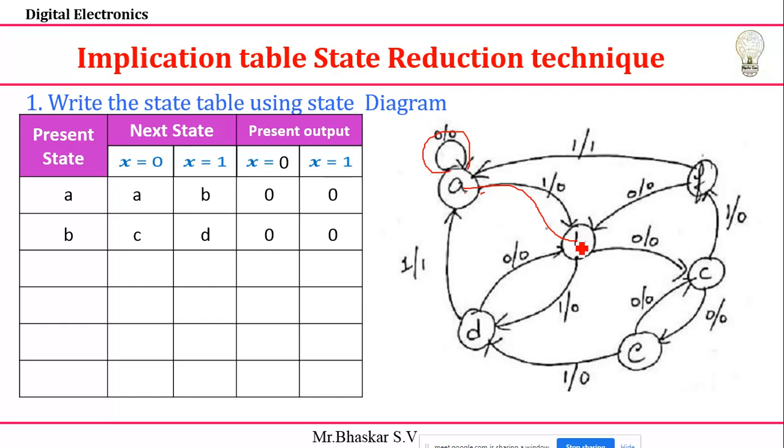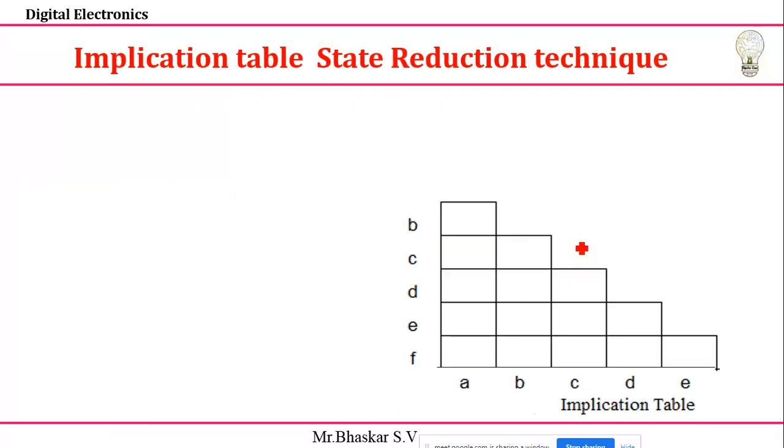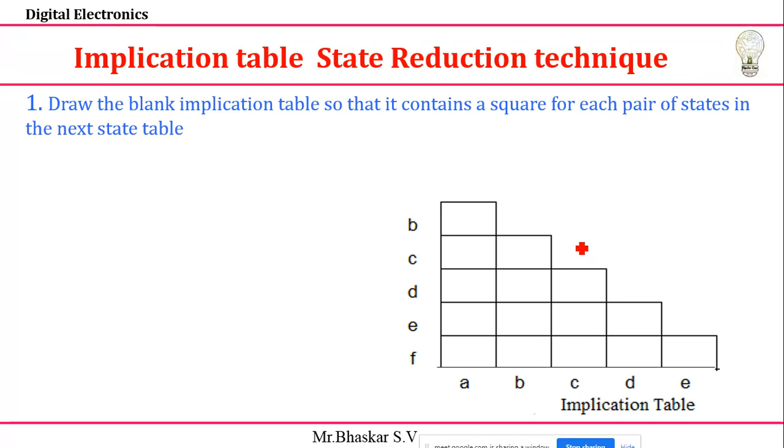So B to C, D, 0, 0, and C to C, F, 0, 0, D to B, A, 0, 1, E to D, 0, 0, 0. Same thing, same example I'm going to take and just fill the table. So that is from state diagram to state table. And what is the second step? This takes a little bit of time to understand, so I'm moving slowly. I'll go to the second step. I want to write down the statements, then you can easily understand.